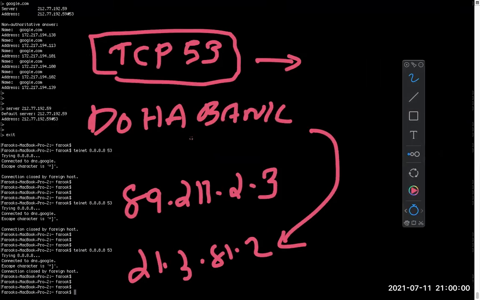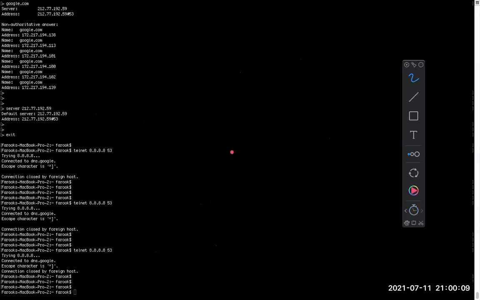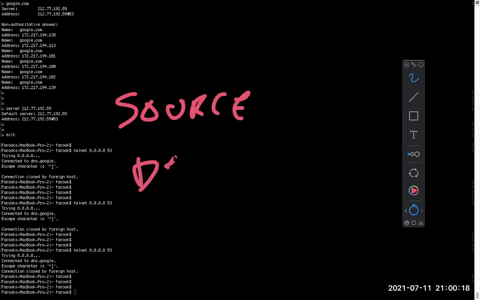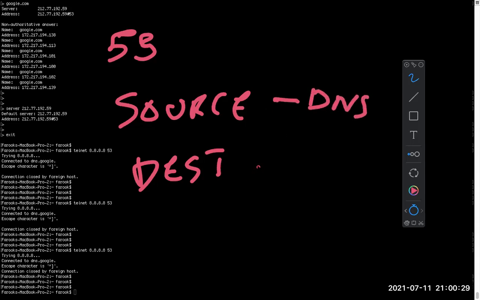And one more thing we will do. When you are creating firewall rules, I think all of you are familiar with firewalls, right? You will create source and destination, of course. So this port number 53, you will limit from your DNS server to your forwarder. Let's say you put the forwarder as 8.8.8.8. So DNS traffic will go from your DNS to this Google DNS.